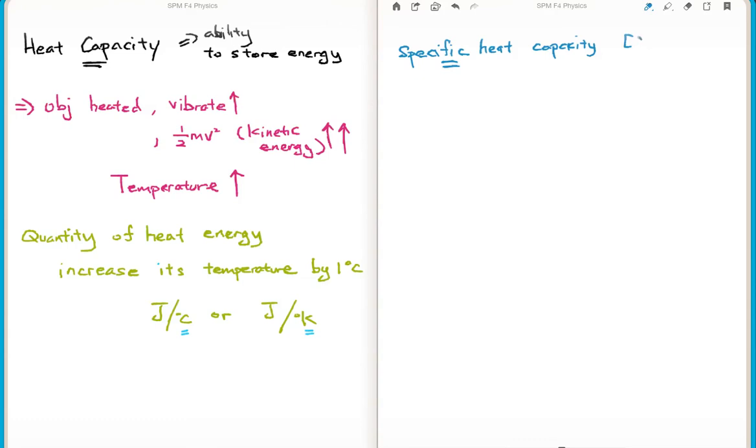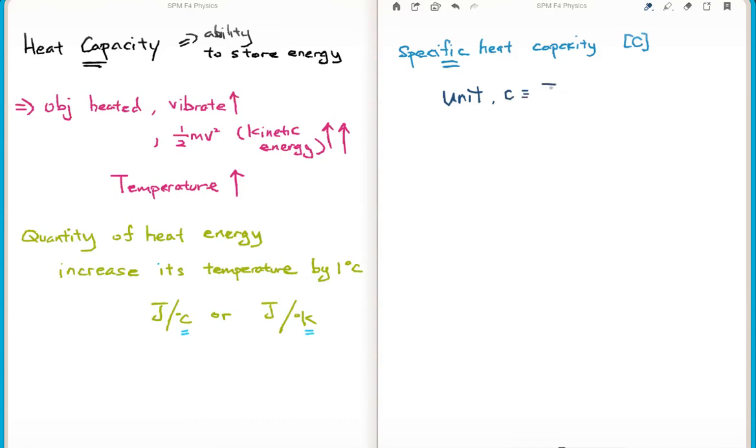The symbol is a small c. It's the dimension here for specific heat capacity, small c. The unit for this c is